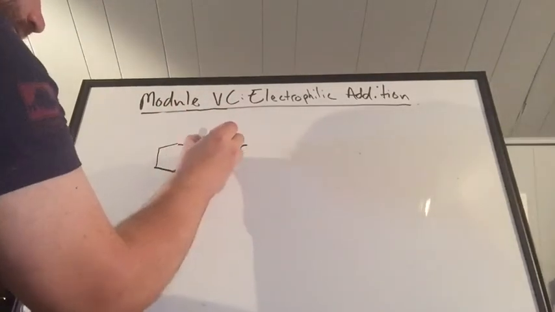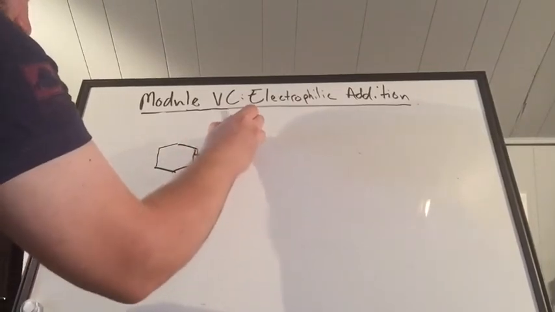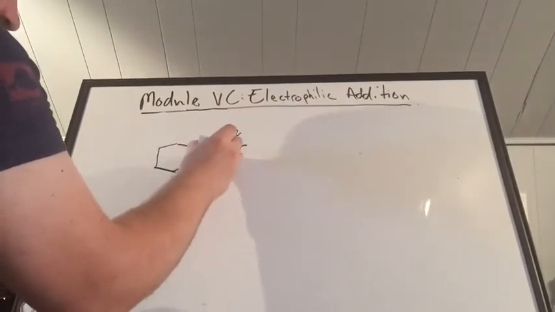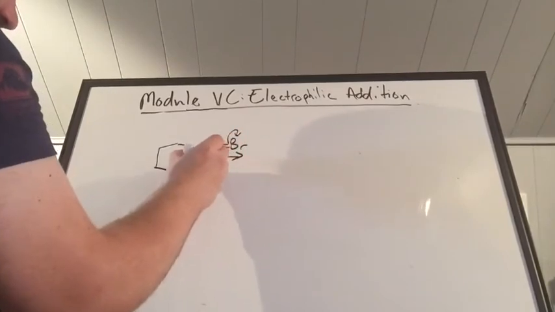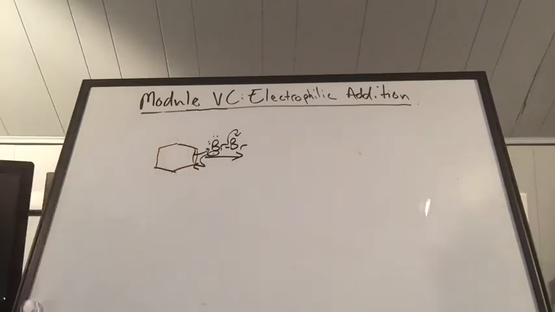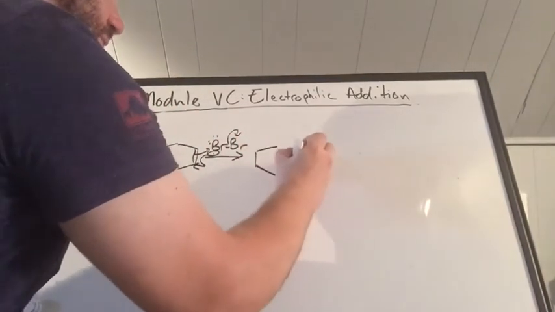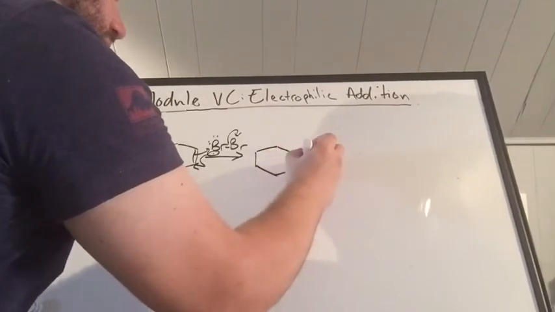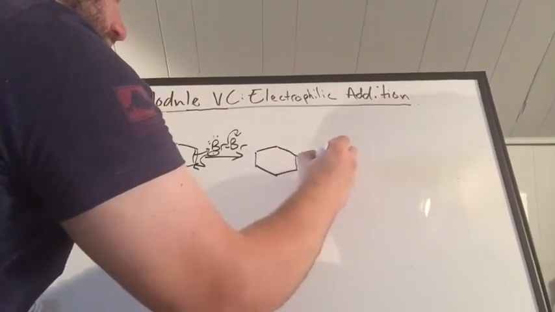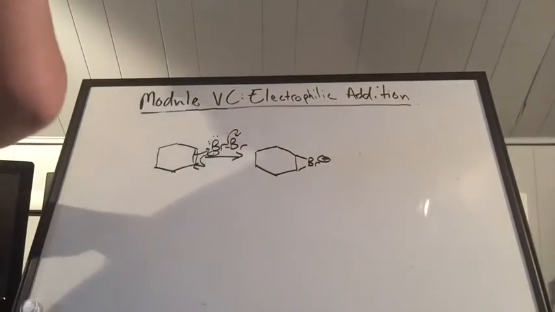Okay, so then one of these lone pairs is going to come around and snap back to one of these carbons. So you're going to have this brominium intermediate,